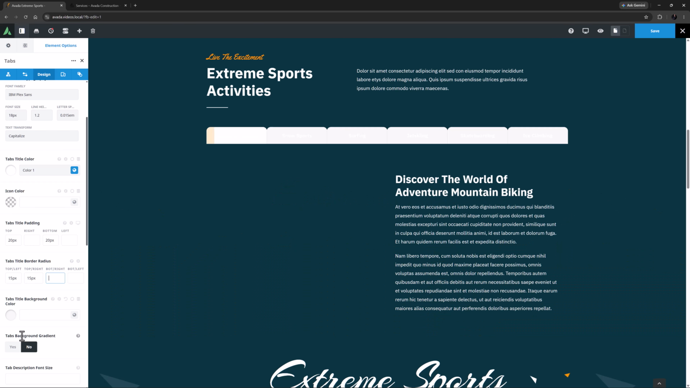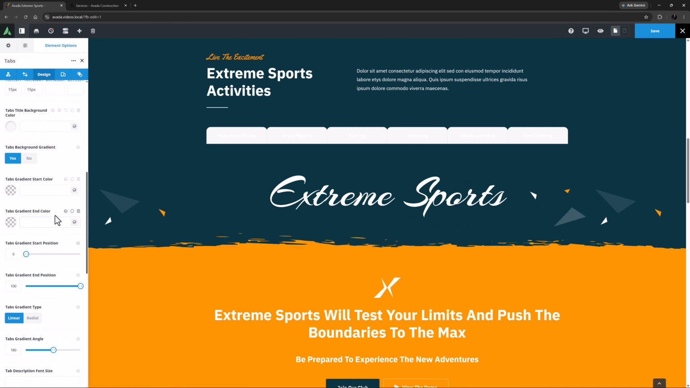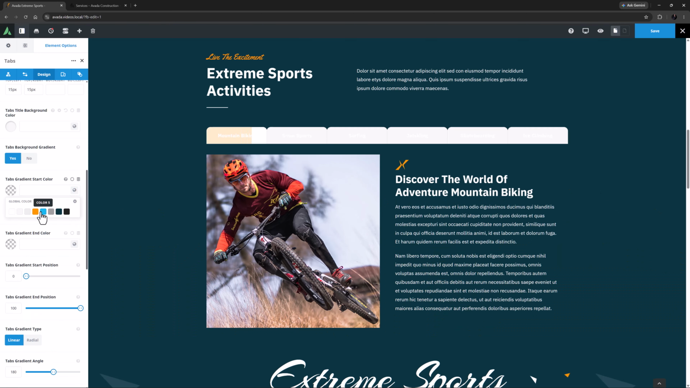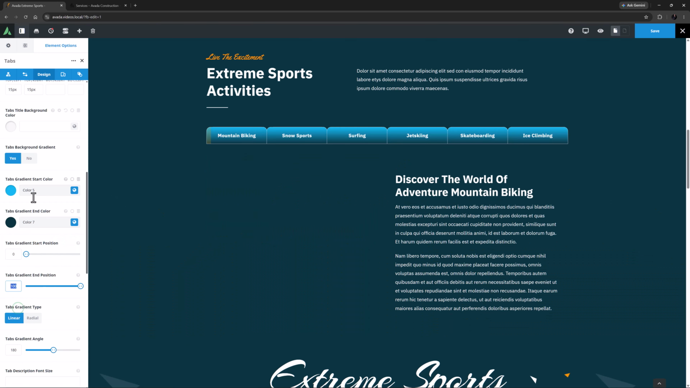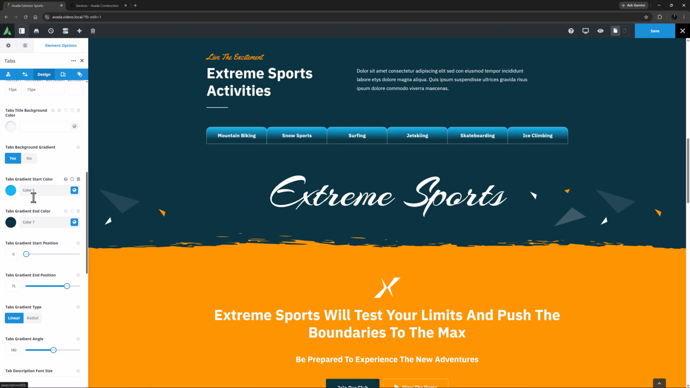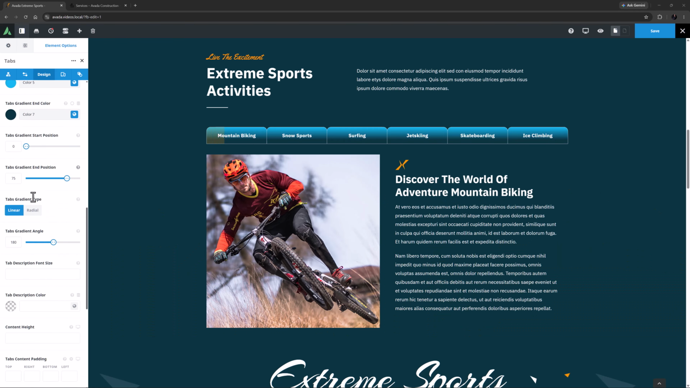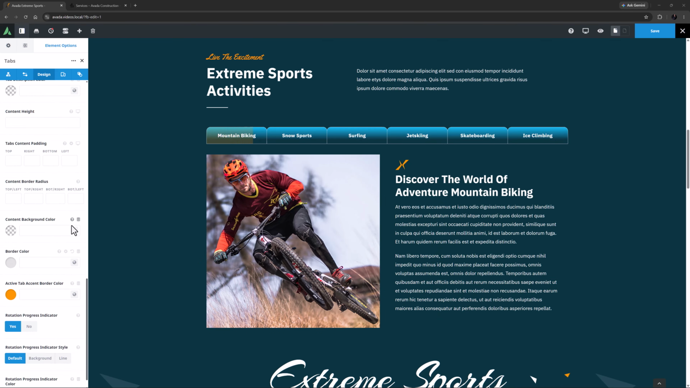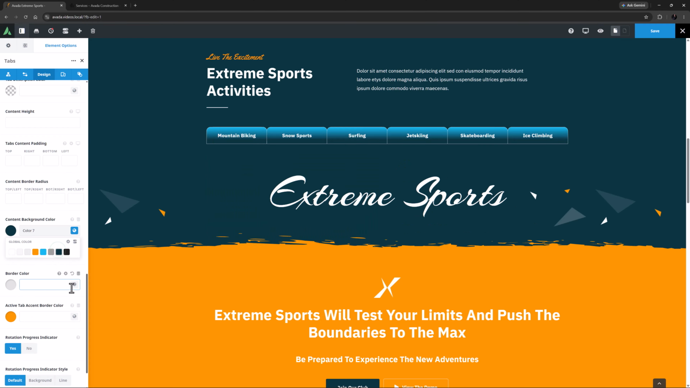rounded look. I will set the tab's background gradient to yes, and set color 5 as the start color and color 7 as the end color, and I think I will move the gradient end position to around 75. Now for the content area, I'm going to set my content background color to color 7 and the border color